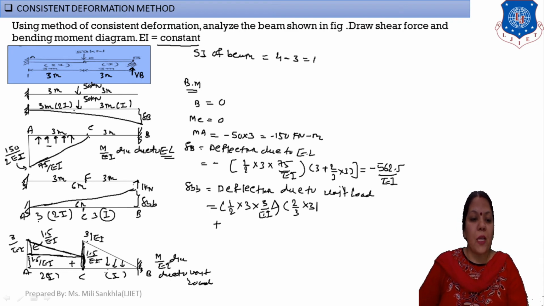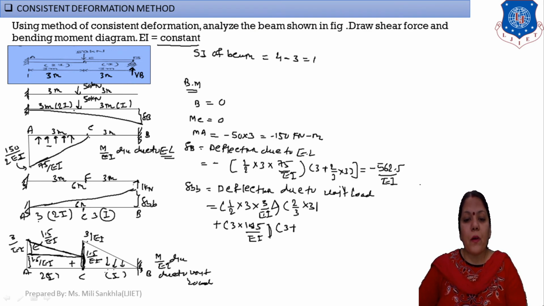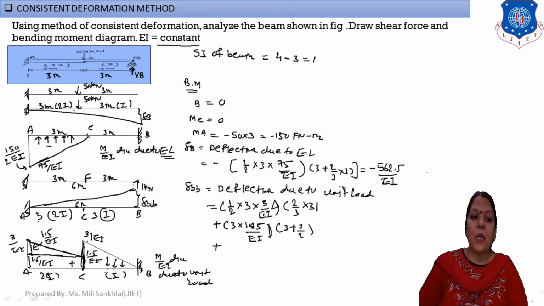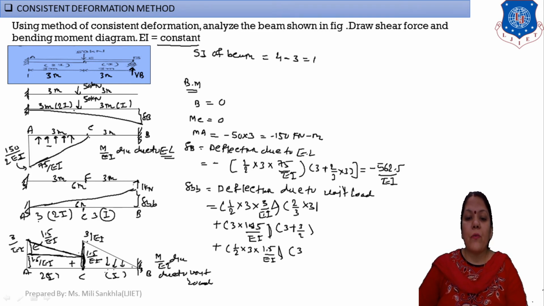Now plus the second diagram, which is 3 into 1.5 by EI, and CG from this point is 3 plus 1.5 by 2, that is 3 plus 3 by 2. Now the last, third diagram: 1/2 into 3 into the height 1.5 by EI, and again CG is 3 plus 2/3 into 3, because the figure is 3 meters away. My answer for this del BB is